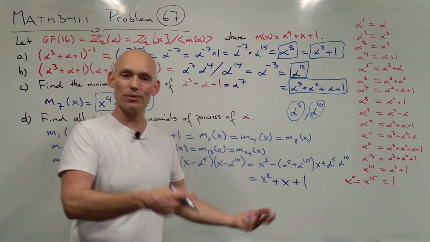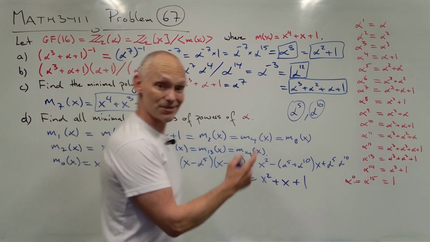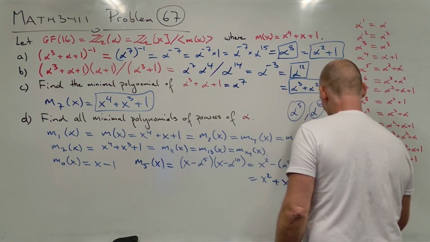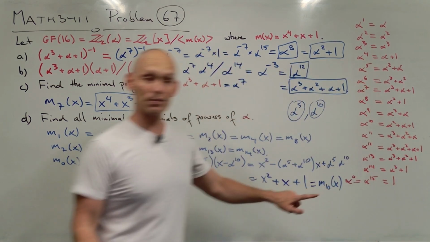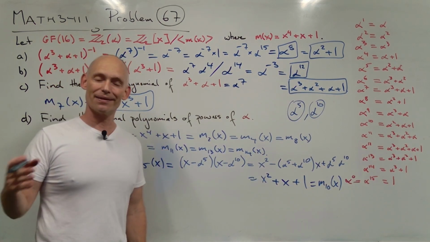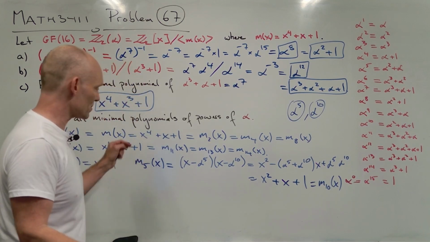In other words, we'd have a root. We don't have any roots, so that is our answer. And of course, this is also the answer for what the minimal polynomial of alpha to the power of 10 is. Cool. So we've just got one, well, I don't know how many things we've got left, but we've got,